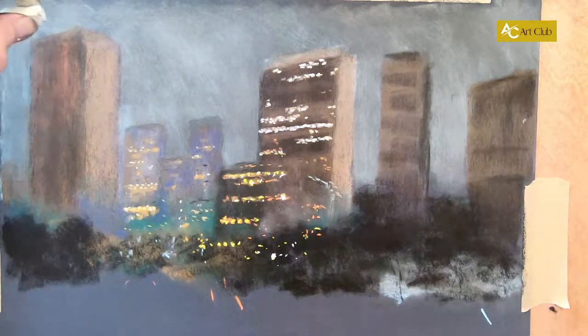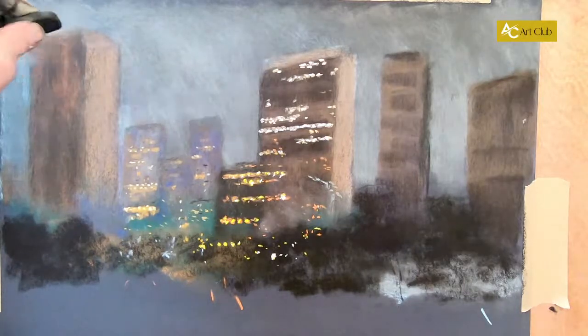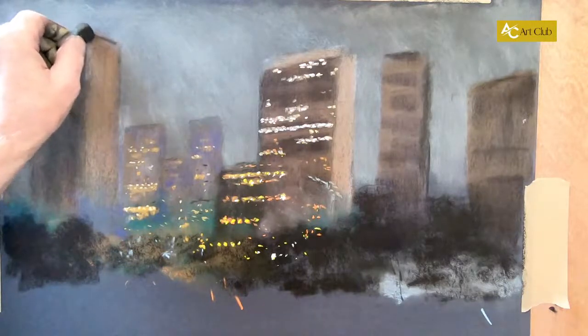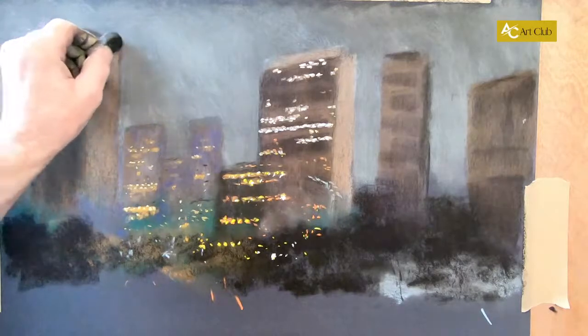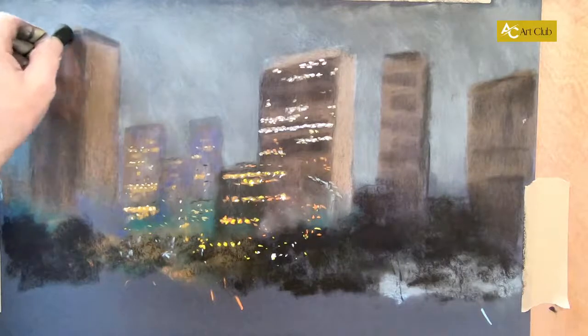Right, up here we've got a dark tower. I'm forgetting what buildings that is. I know that one of these off to the left, I think, is where John Lennon lived. I've got quite a few photographs that I took when I was there. We want a dark area just up here off the top of that building. So darken the top of the building to create a sort of an area of silhouette just there across that top at an angle like that, and down the other side,